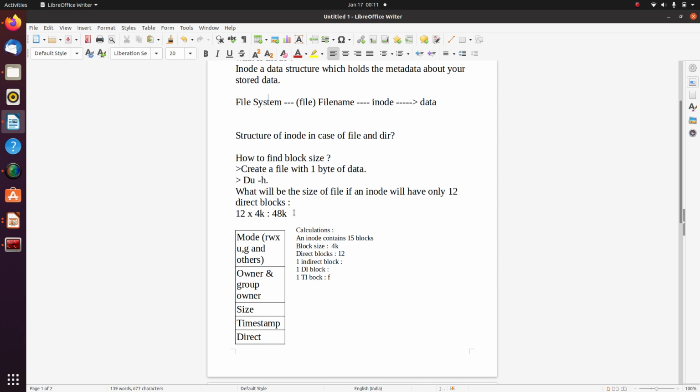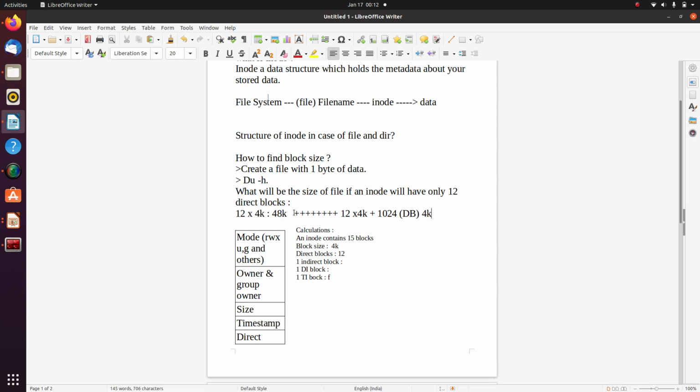So now we have 12 direct blocks, and they give me a space of 48K. And now we have one indirect block that is pointing to 1024 direct blocks. One indirect block is giving me 1024 data blocks, and 1024 data blocks will give me a size of